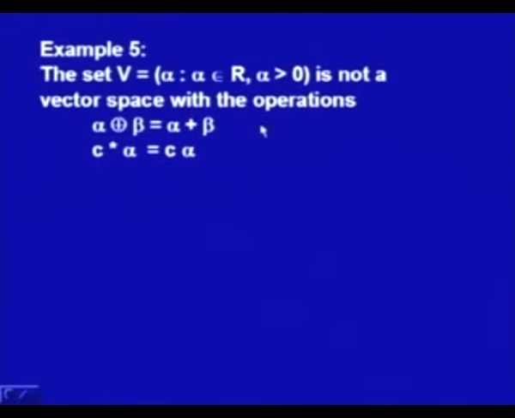Now, so far we have taken examples which are actually vector spaces, but in this example we are defining a set V of all vectors alpha such that alpha belongs to R and alpha is a positive number. Then we say that it is not a vector space with respect to the operations which we have just defined: alpha plus beta is equal to alpha plus beta, and C star alpha is equal to C into alpha. Now, the proof is,